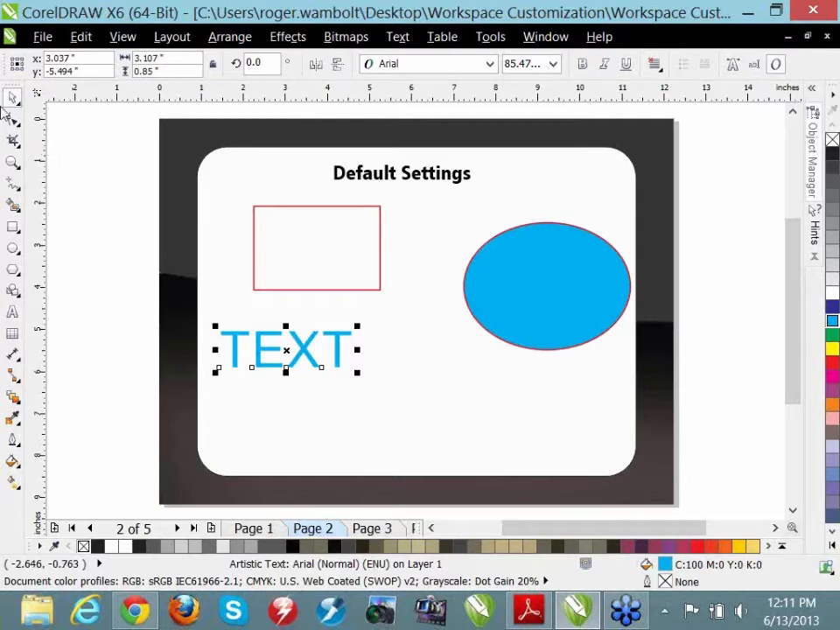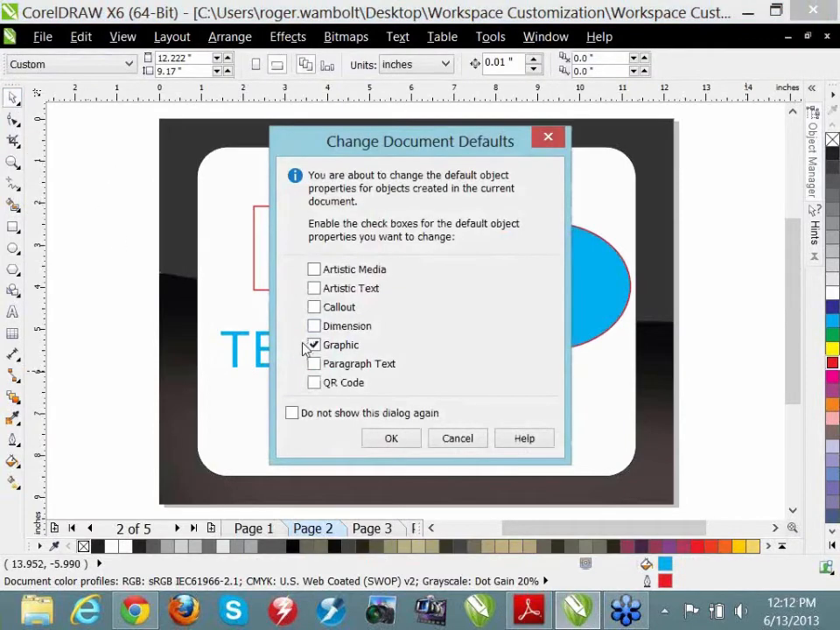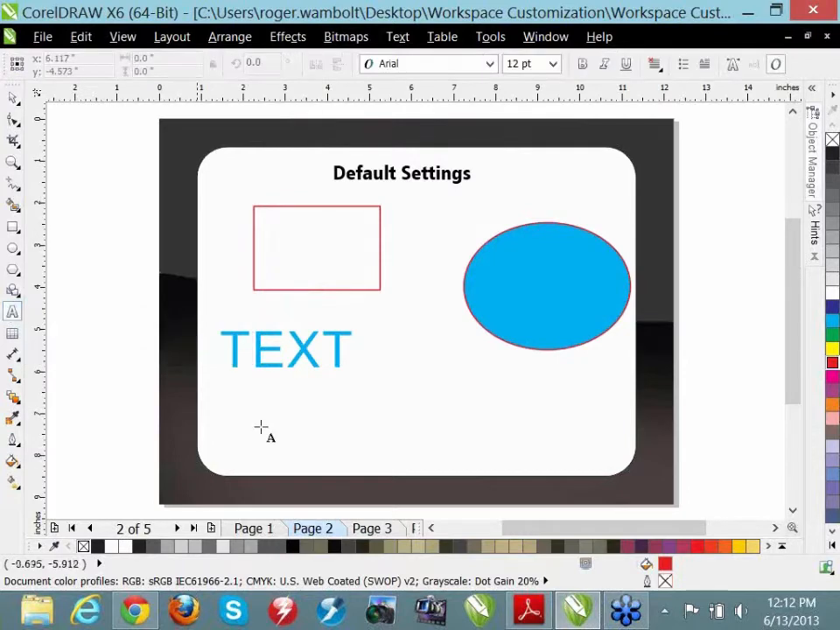Now, I'm just going to click this again. Let's go to red fill. Here, for example, I can change my dimension lines, callouts, a number of things. Paragraph text, I just mentioned paragraph text to you. If I draw a paragraph text frame, and for those that are new to CorelDRAW, my text tool single click allows me to type artistic text, click and drag,